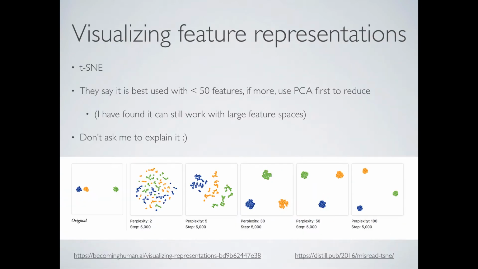And then a final slide before we dive into some of the code. This method was used when I showed you Eric Golinko's work on the gel algorithm. But usually when we're learning a latent feature space, we're not just learning 2 features. We're learning maybe 30 or 50 or 100. To visualize how well this is doing, you can get metrics, like, okay, I'm predicting my class label 90% accurately. But a lot of times you want to see it on a graph, to visualize what kind of clusters it's creating. An algorithm you can use to do that is called t-SNE. It's basically an algorithm that's really optimized for visualization.